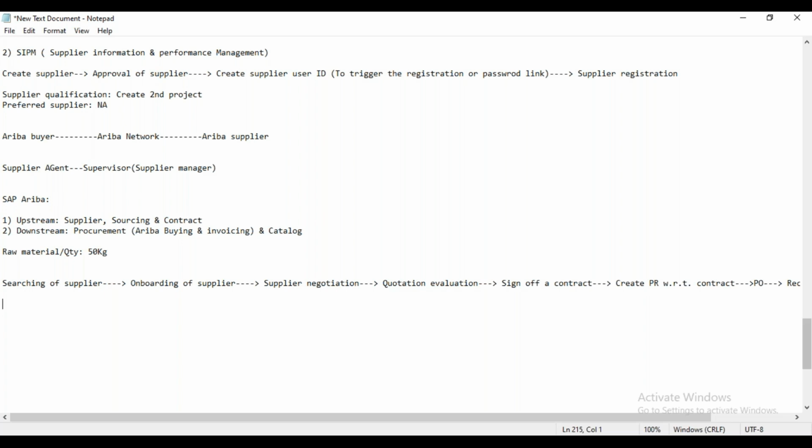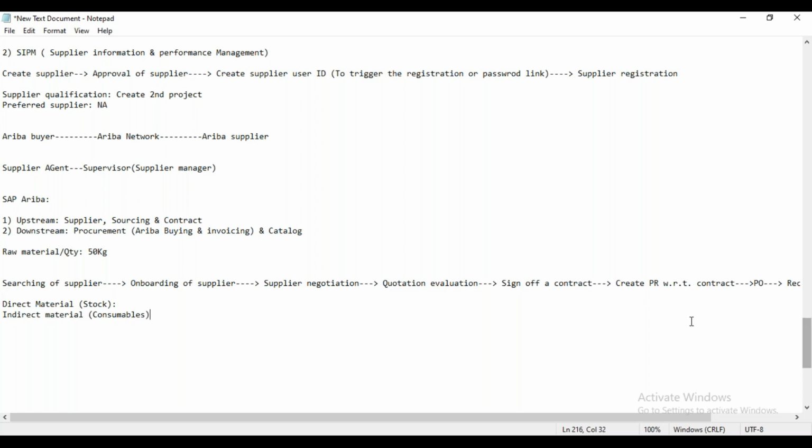One purchasing is direct material, that means we can say stock. Second, we have indirect, that means we can say consumables,